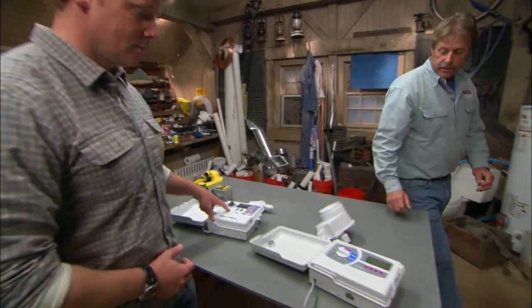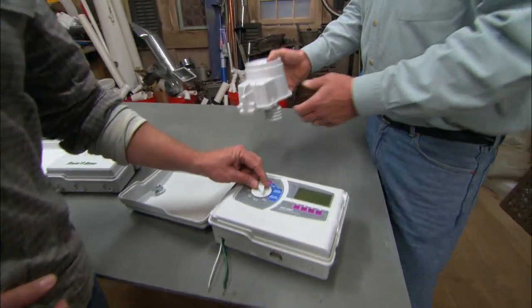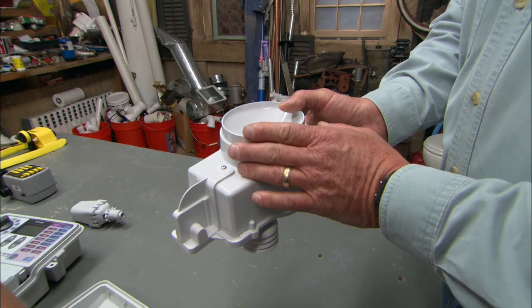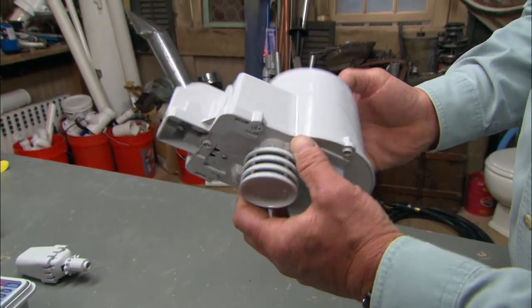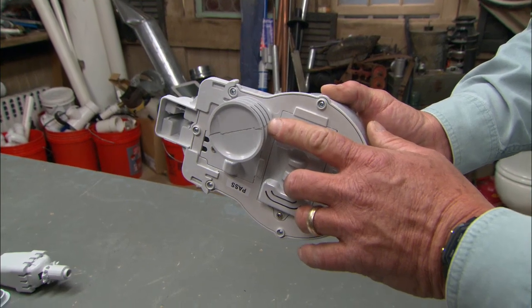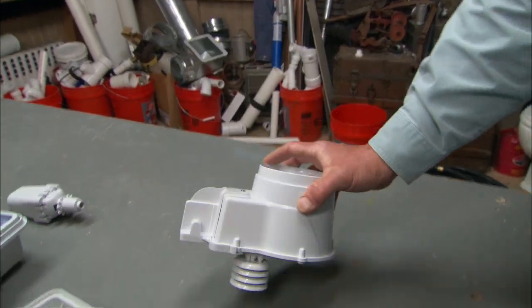Now this is a smart system over here. It comes with this sensor. And in this sensor is a rain gauge. It collects water and it measures how much rainfall happens. So it takes that, and down here there's a temperature gauge, measures the temperature, and it inputs all that information